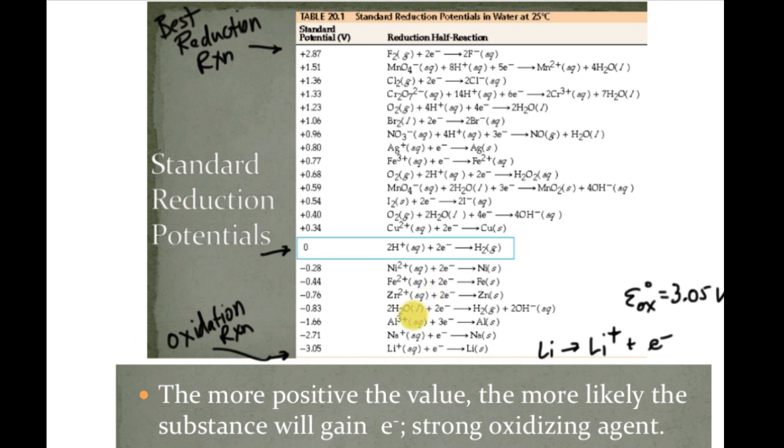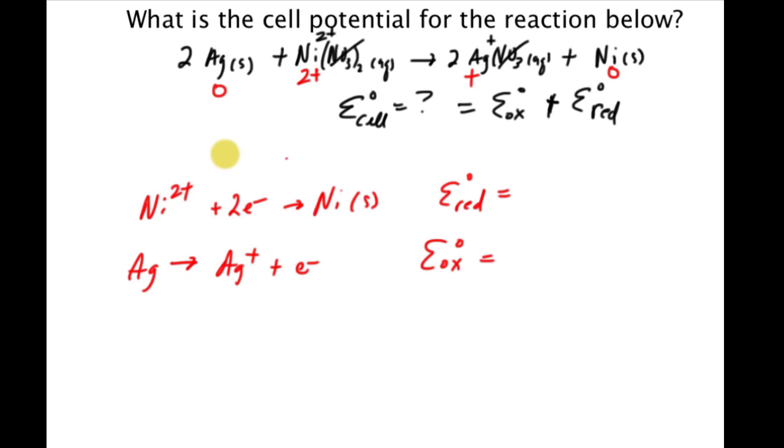and we look up the 2 numbers. So you would find silver in here, and silver has a voltage of 0.8, and nickel is down here with a net voltage of 0.28. So let's go ahead and plug those numbers in. So my nickel was negative 0.28 for the voltage for the nickel. And if you go back on that chart, the voltage for this under reduction was positive, but now I'm going to make it negative 0.8 volts